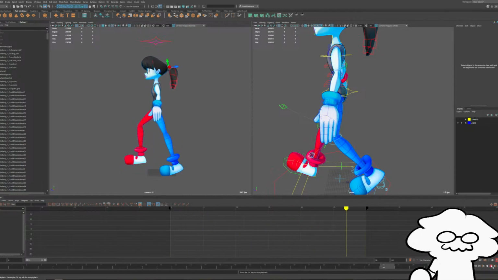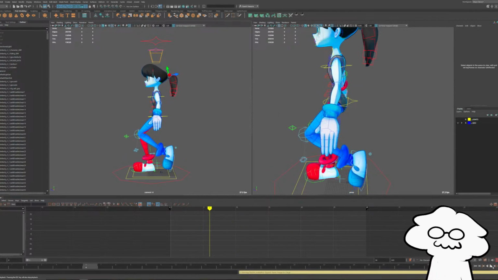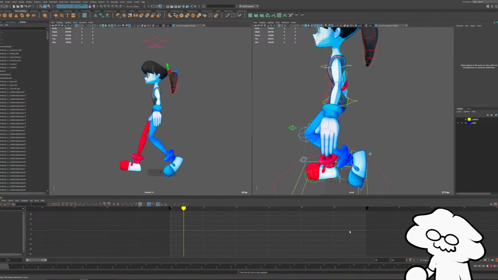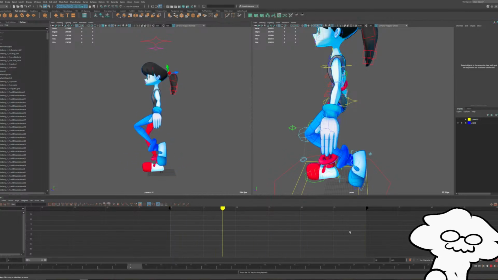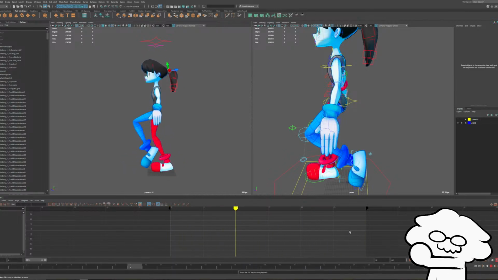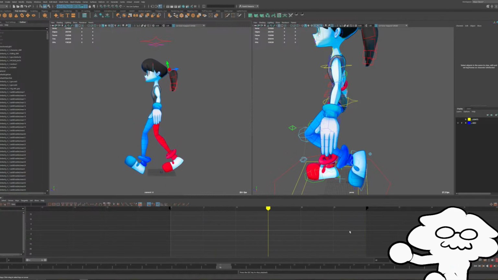What program is this? This is Autodesk Maya 2023. It's a paid program. And if you're new, I would download Blender instead. Blender's a little easier to use. It's free. And I just use Maya because I'm used to it. But these principles apply to pretty much any program. You would do the exact same thing in Blender.